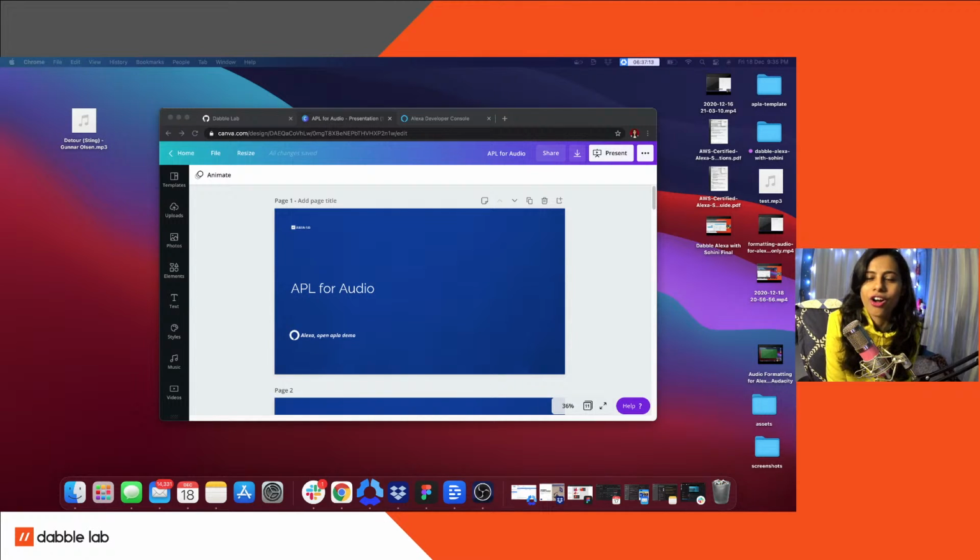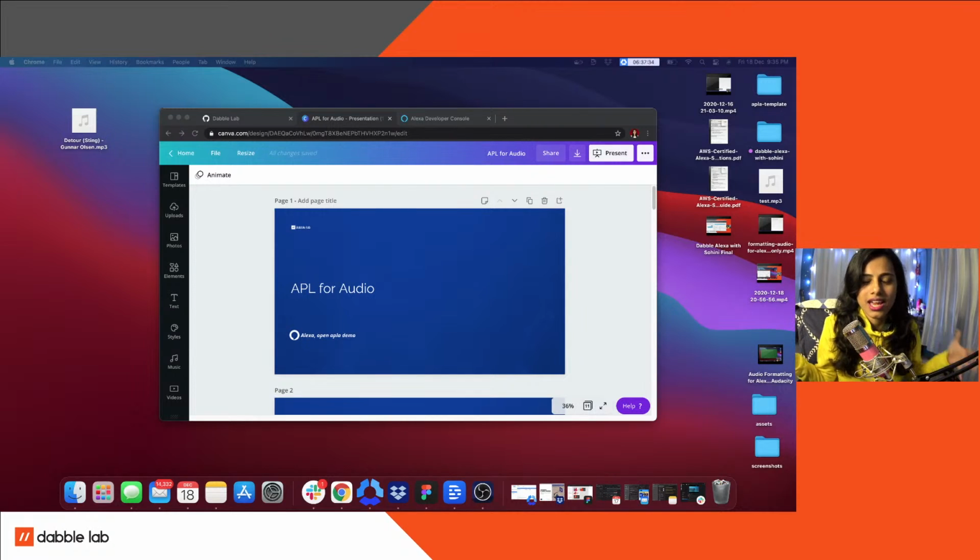If you've used audio in your Alexa skill, only then you'd know what a hassle it is, because audio has got so many rules and regulations. You gotta take care of this, you gotta take care of that, and it never ends. And things keep changing.